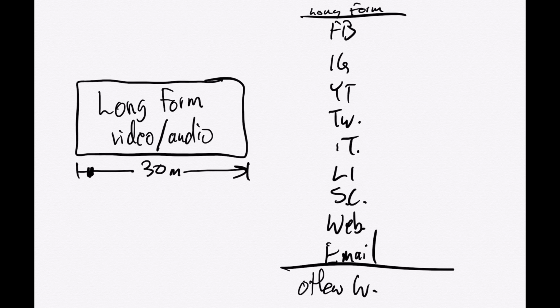So then you're going to take the 30 minutes and you're going to now dissect it. You're going to divide it up. You're going to go through it and say, okay, what are the highlights that people would love to see? And so, for example, you take this 30-minute long video and you take 1 minute here, you take 3 minutes here, you can take 30 seconds here, you can take 1 minute here, and let's say another 1 minute there.